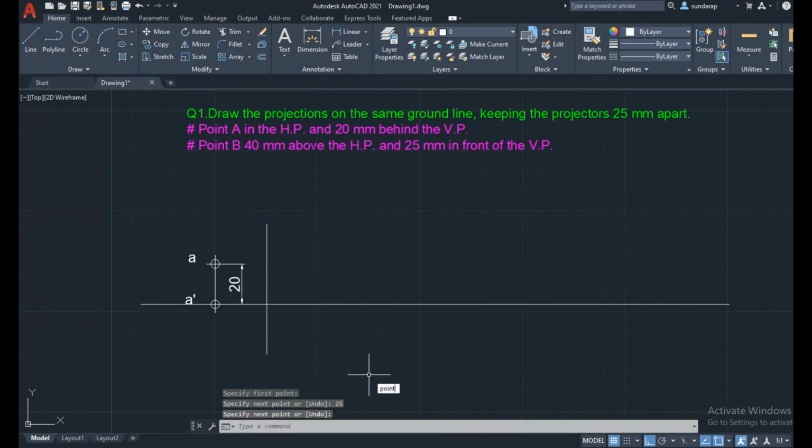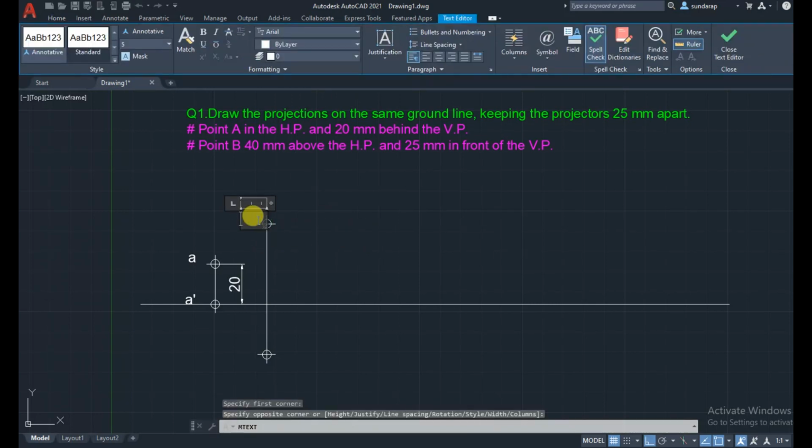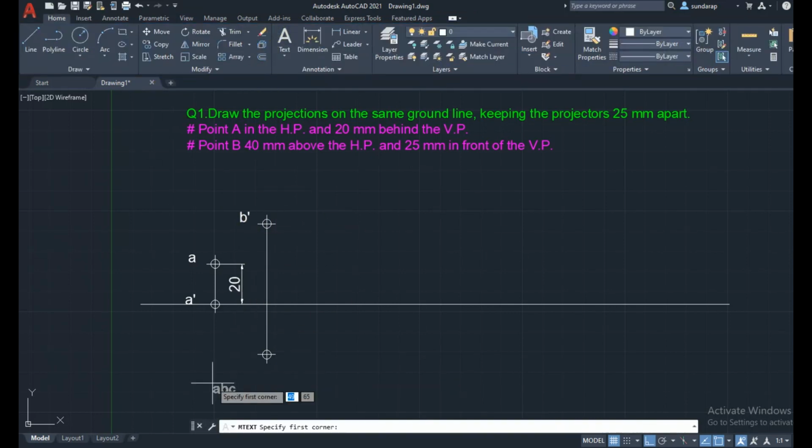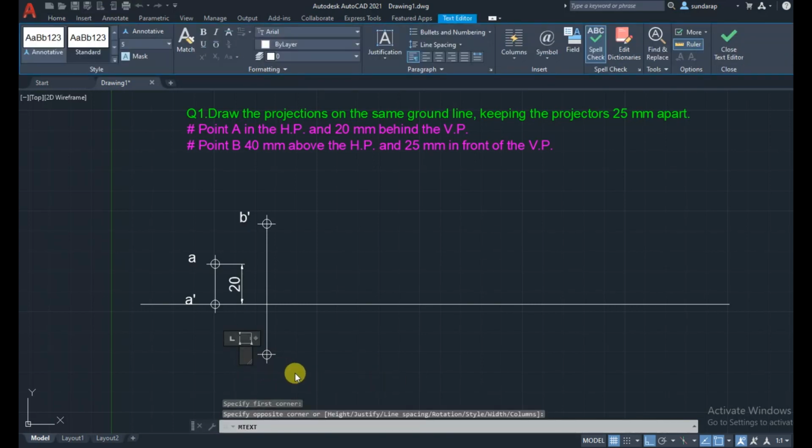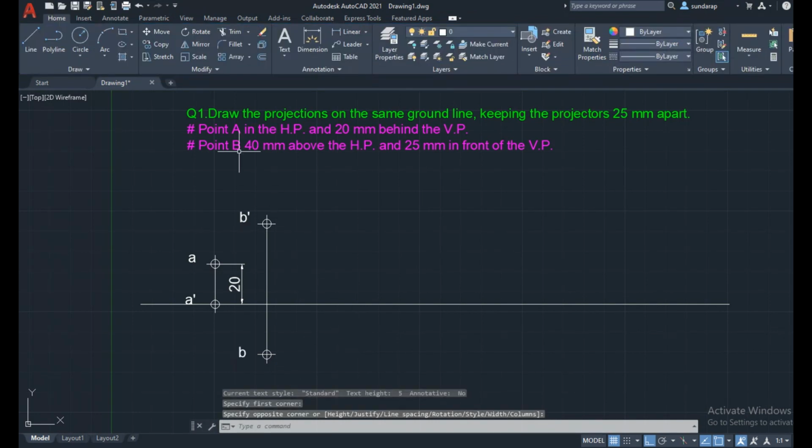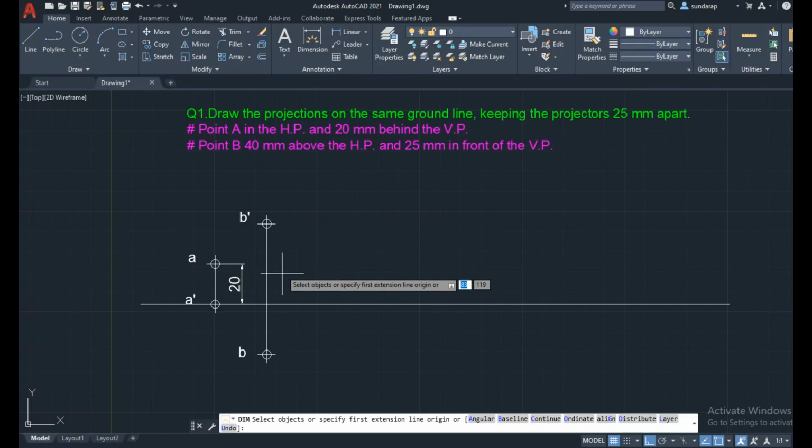Now we can use the point command. So this is point B as a front view, and this is point B as a top view. Here also you can use the notations: point B front view with a dash, and point B top view without a dash, which has the dimensions